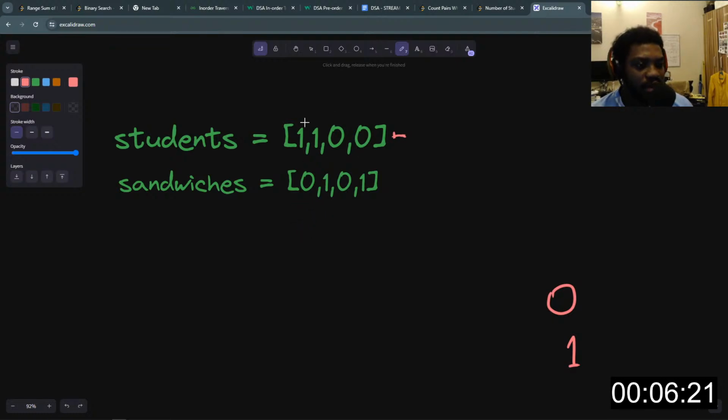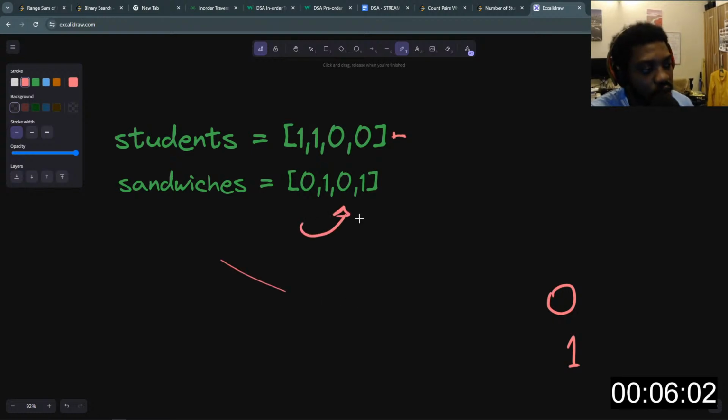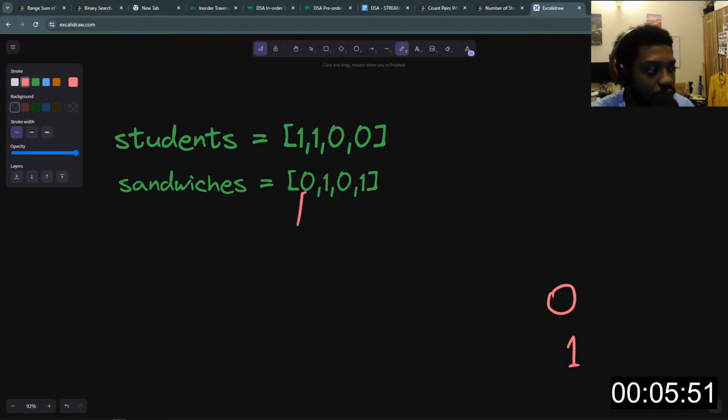So this is like a natural order of how things work. When you think about it, if you don't find what you're looking for, hopefully what you're looking for is still within the sandwich stack, then you need to go back in the queue. But if what you're looking for is the same as what is currently at the top of the stack,